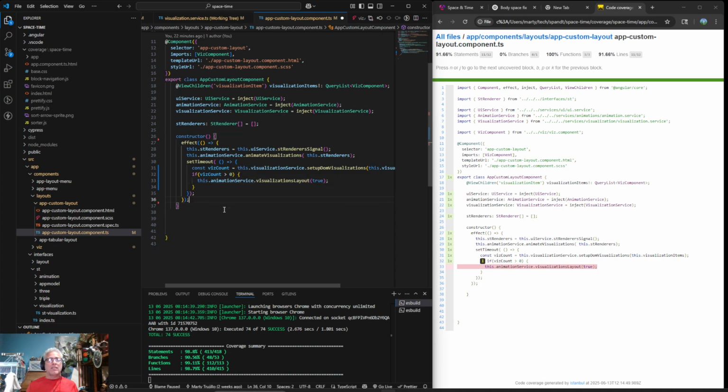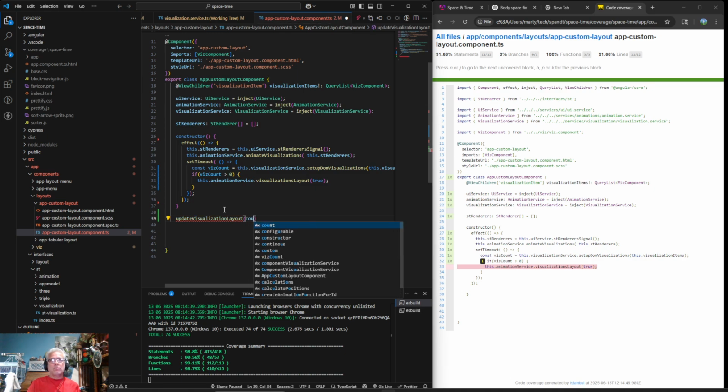Okay, I don't want that line. Okay, so update visualization layout, and it takes a count, which is a number.